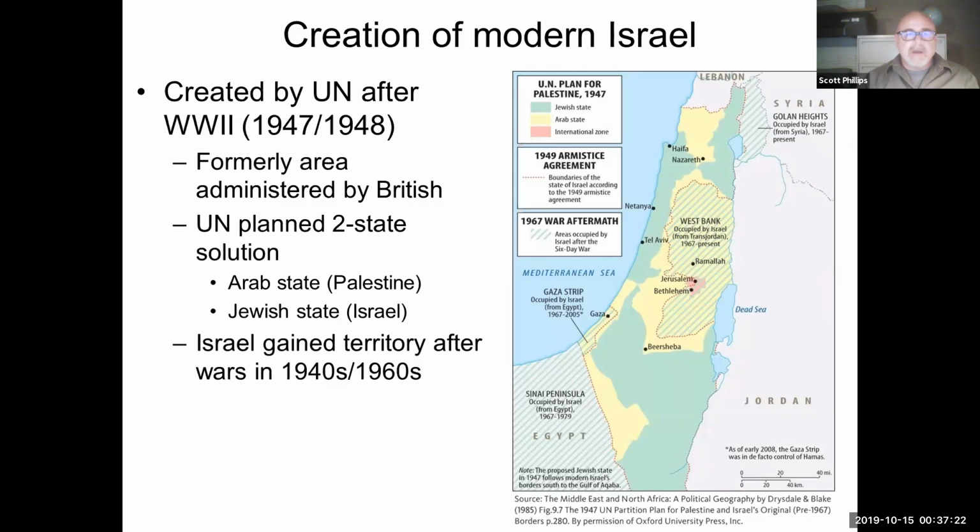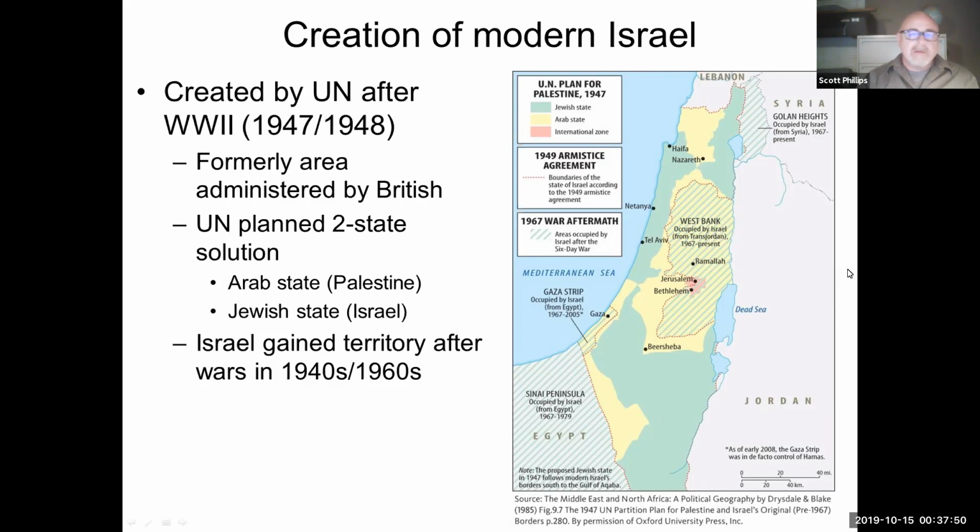Another place with some complicated borders is modern Israel. And modern Israel wasn't created until after World War II. So at the end of World War II, you had the genocides in Europe, and that really helped. Well, Jewish people lived in Israel before that. There was a real push for creating a Jewish homeland somewhere near their historical homeland in what had been the